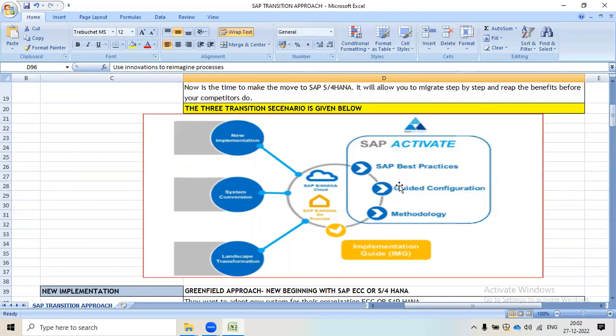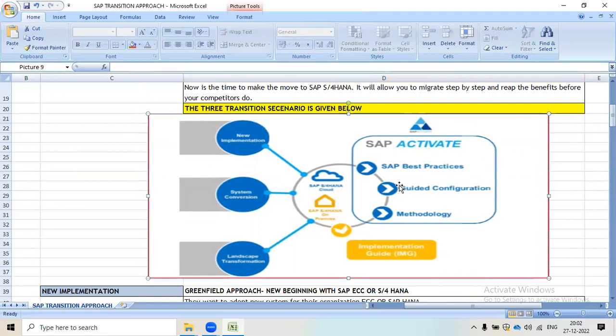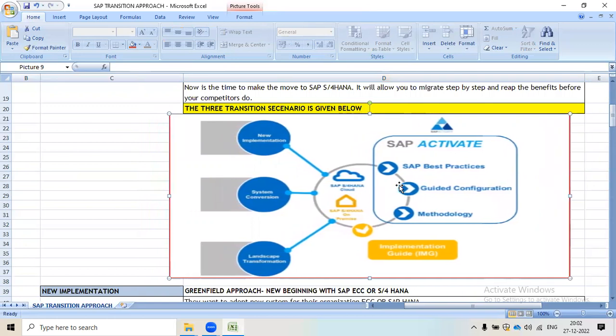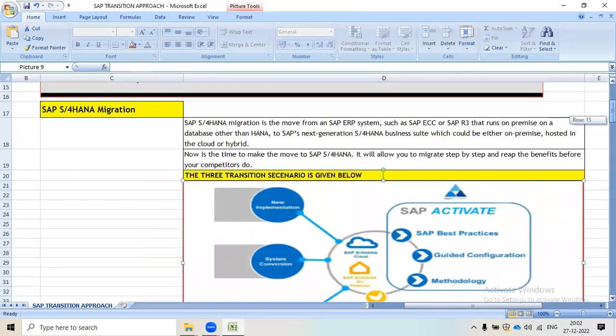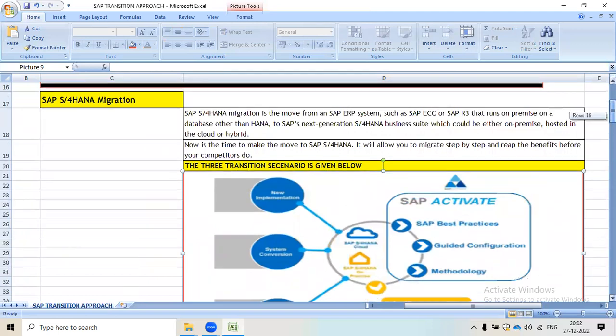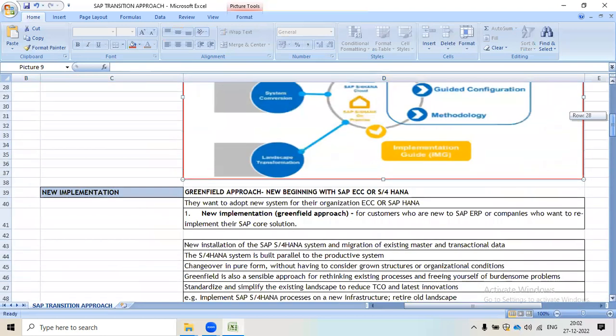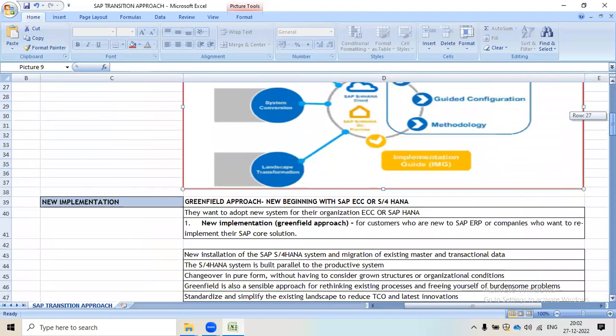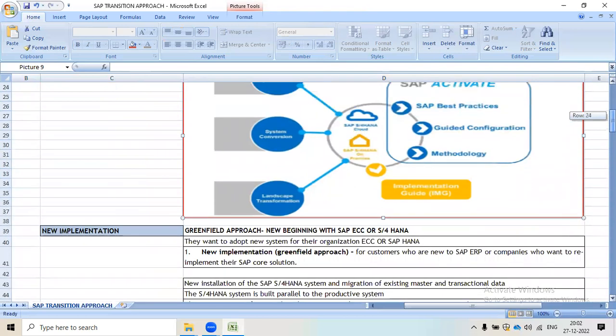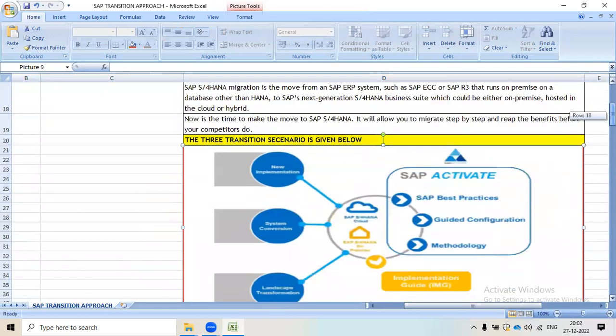It totally depends on the business requirement, how the client is going to choose and which platform they want. So we can adopt SAP S/4HANA in three different ways.